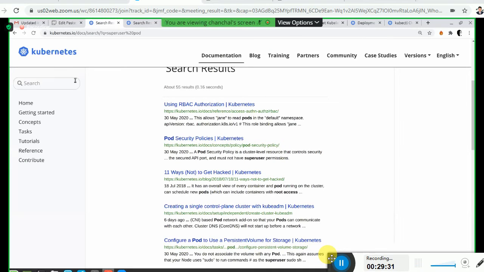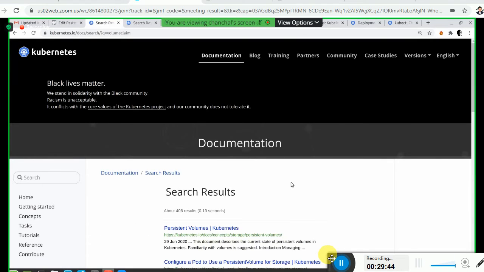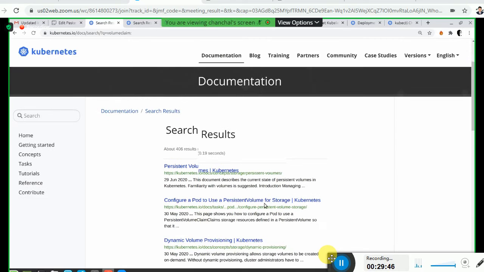You can type volume claim, colon, and then search. Okay, persistent volume: configure a pod to use persistent volume for storage. This is 30th May and 29th June. Both of them are likely to give me the solution. Document current state of persistent volume.